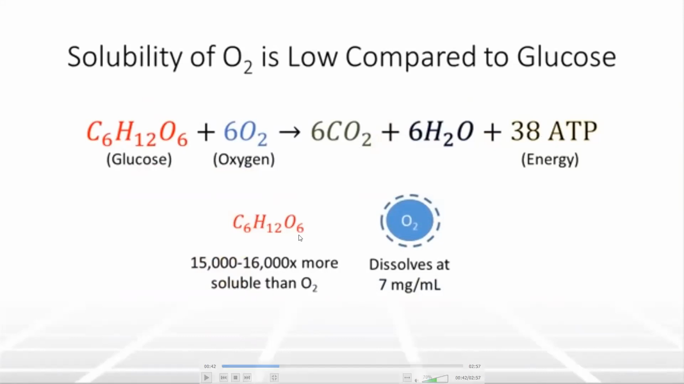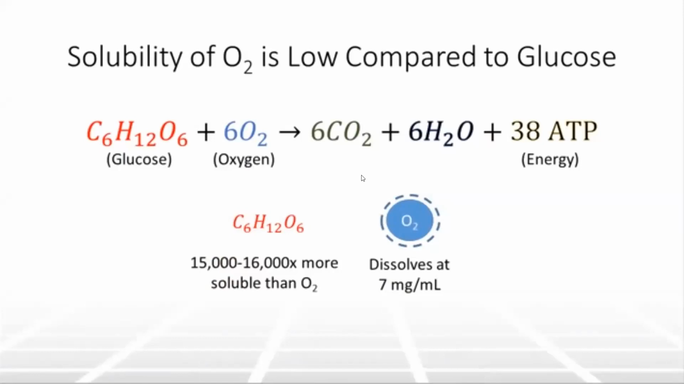Which one? Glucose is, okay? And oxygen dissolves at 7 milligram per ml rate, okay? For this reaction to occur, both glucose and oxygen need to be dissolved in the media so that they can be utilized by the cells. While glucose solubility is high, oxygen solubility is exceptionally low, and therefore needs to be supplied continuously and controlled carefully